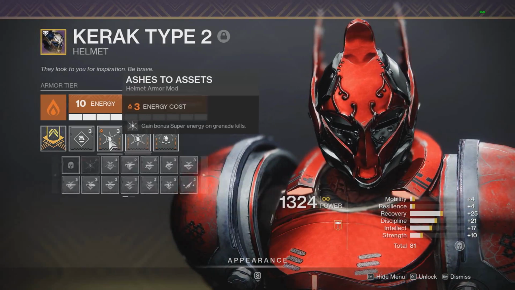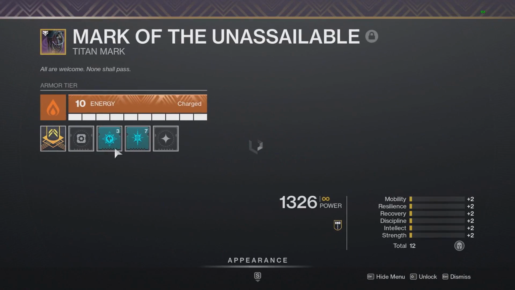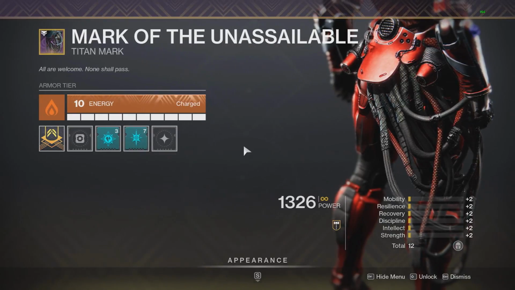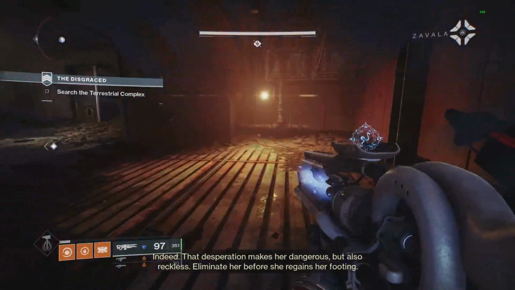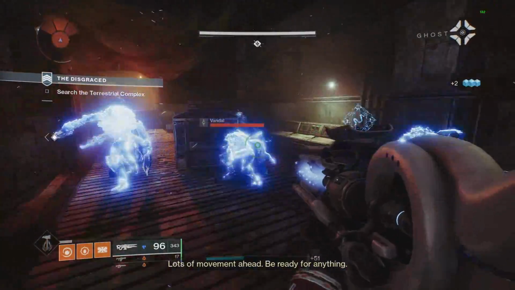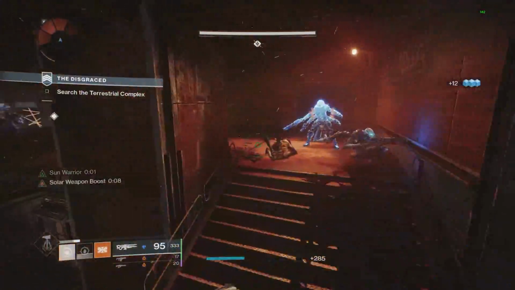And we also have 2 stacks of Ashes to Assets to get our super even quicker with all the fusion grenade kills. And finally, we also have particle deconstruction along with Focusing Lens on our Titan Mark. So yeah, there's not really much to say about this build. You freeze them with the Scepter, then instantly shatter them because of all the solar sunspots, and yeah, that's pretty